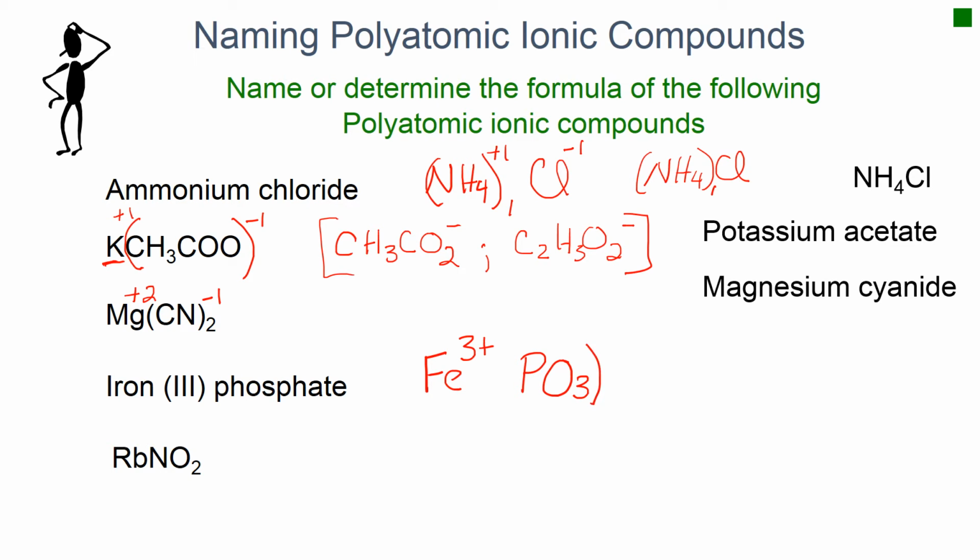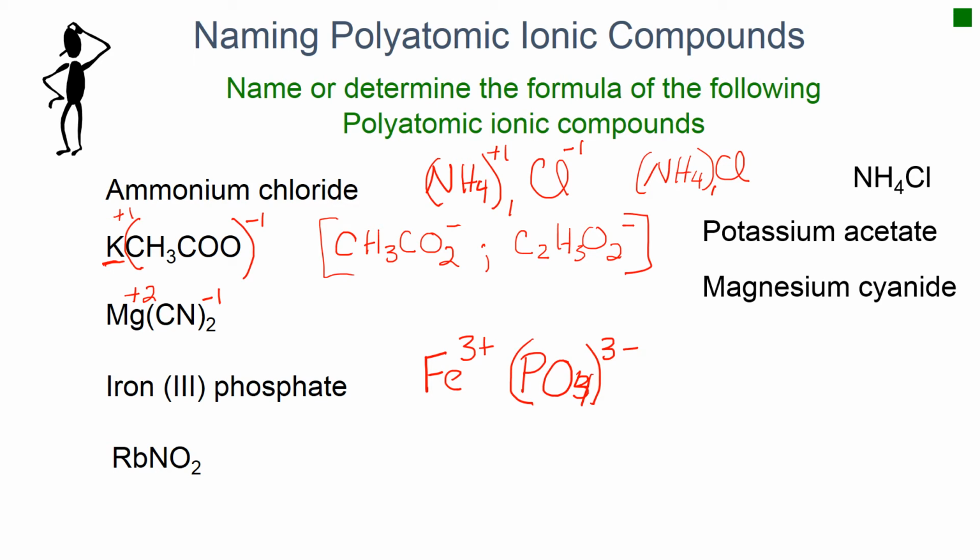And now parentheses might be very helpful. Oh, wait, isn't that PO4? PO4, and then 3 minus. There we go. You know what happened? I didn't check my list, and I went from my memory, and my memory isn't as good as it used to be. So I always tell students, unless you've got a photographic memory, be sure to refer to your polyatomic ion list